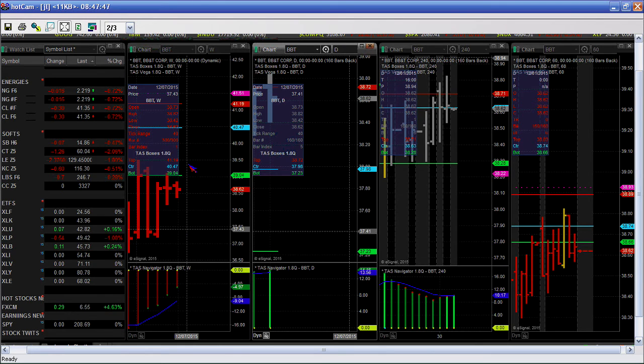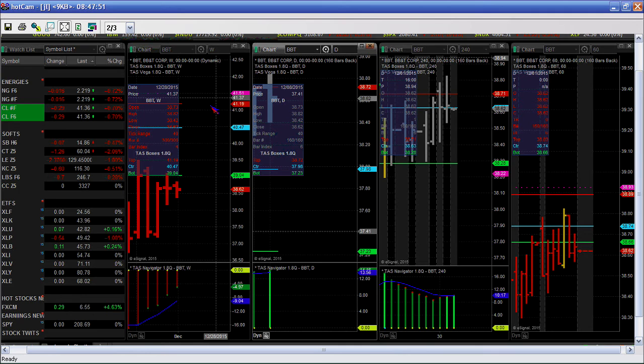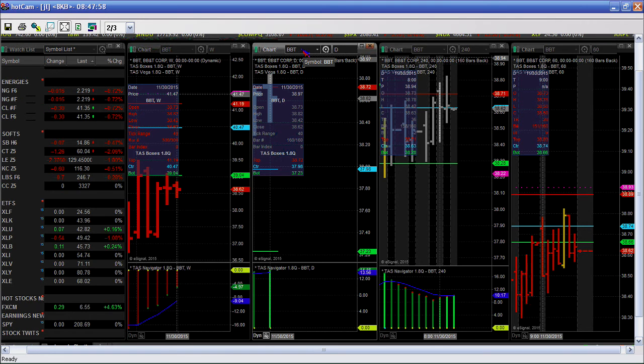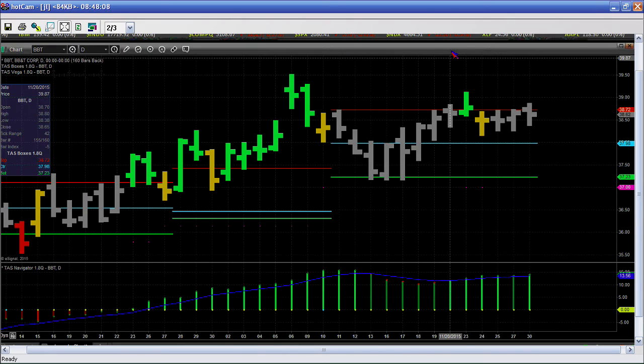If we get a close above there, then I think it's okay to go long for a while, and the market could drag a lot of stocks up. I think the XLF's a little depressed because the waiting game could continue to ensue from Yellen and her crew. But these are not the worst stocks to be in right now, the financials.